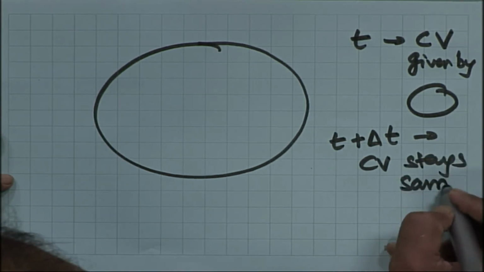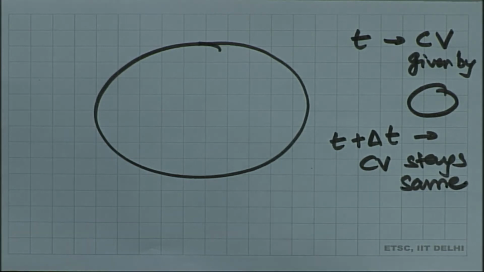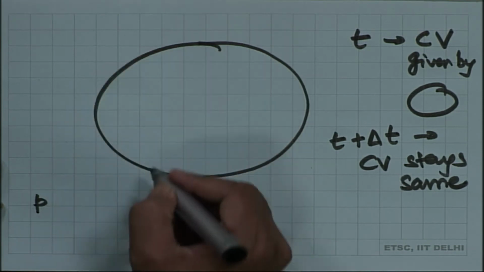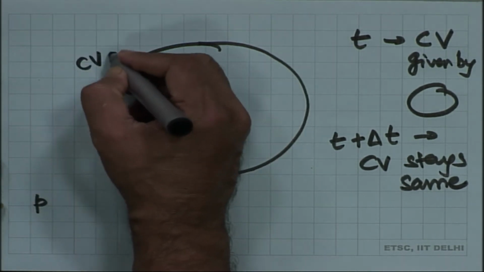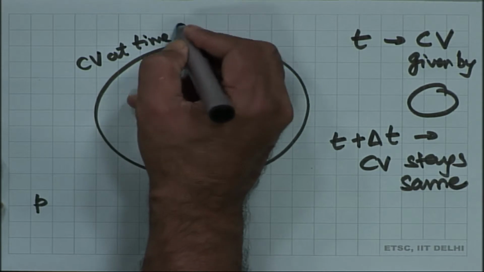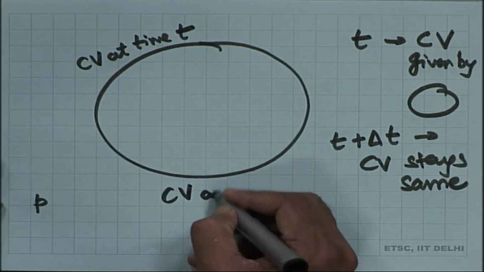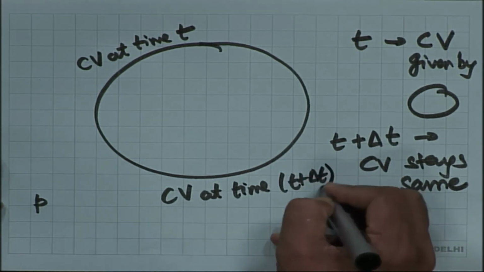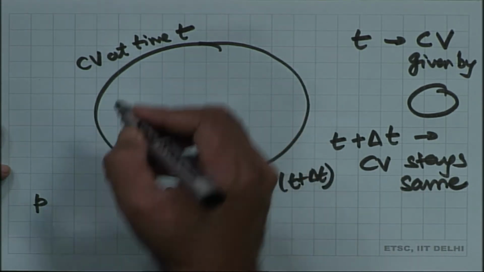So, at least for the purposes of this derivation, I am assuming the control volume stays undeformed and is fixed. So, at t plus delta t, control volume stays same, whereas the particles move. The black line is the control volume at time t, it is also the control volume at time t plus delta t. Now, there are certain particles